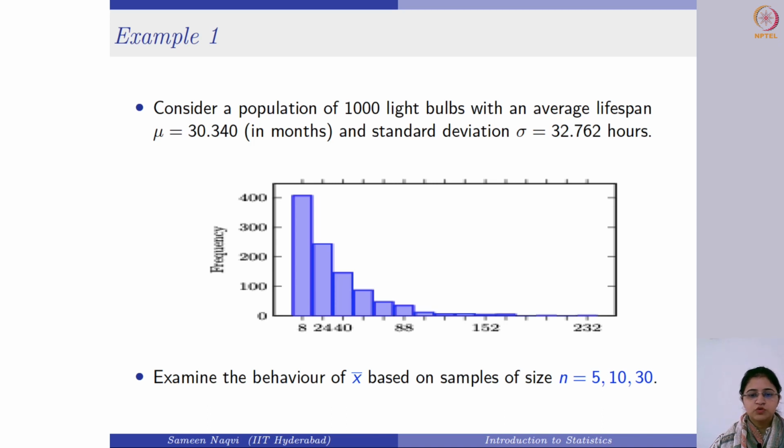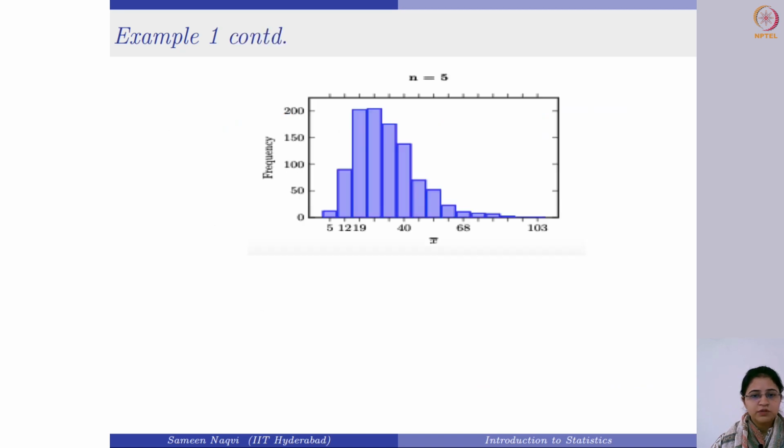When you have a skewed population and you just take a sample from that and plot it, you will again get skewed data, a right skewed histogram. However, if you take a sample of size 5 from those 1000 bulbs, find their sample mean, mark it, then again take some other sample, and draw many such samples each time, and then plot the sample means, the frequency distribution would look